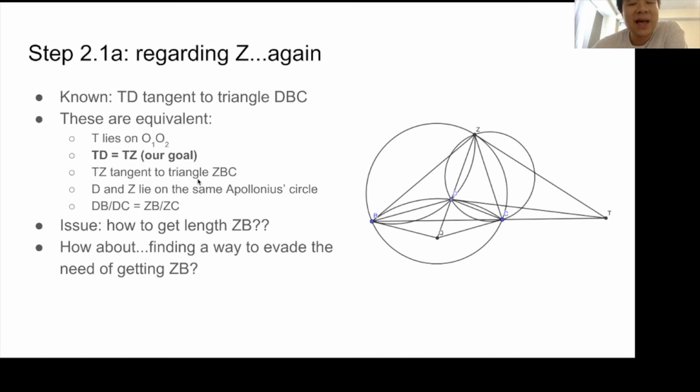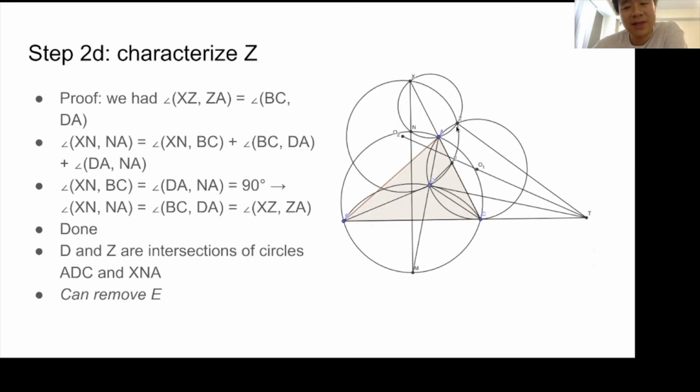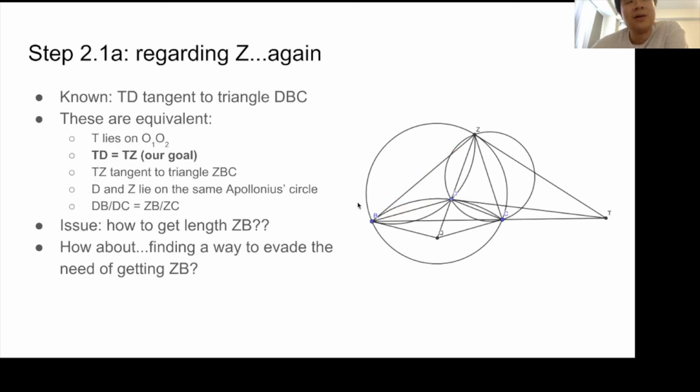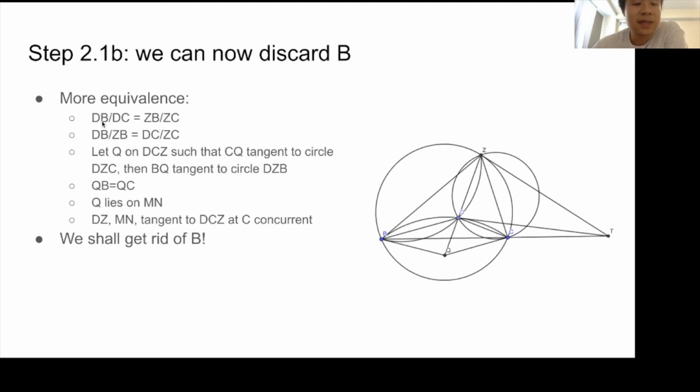Now the issue is how we are going to get the length of ZB. This is also one motivation we want to get rid of the point B, because from here it's not even clear how to get the length of line ZB. But there's also one other tool that we can use to evade this. So on this next slide, we see that all we need to do is to rearrange this equality. All these are, by the way, also the same, which means that once we have this equality, we can move to this new